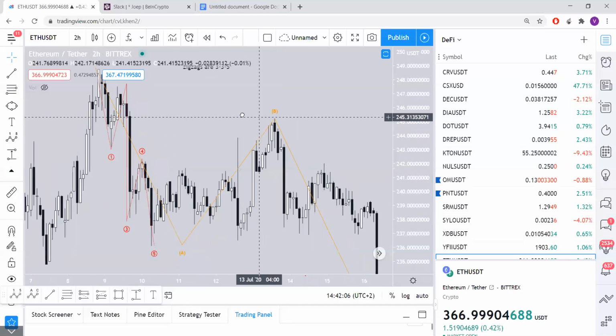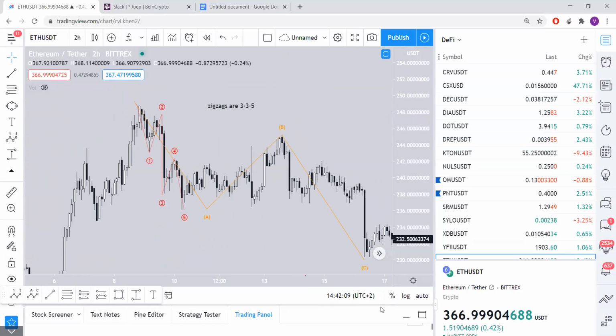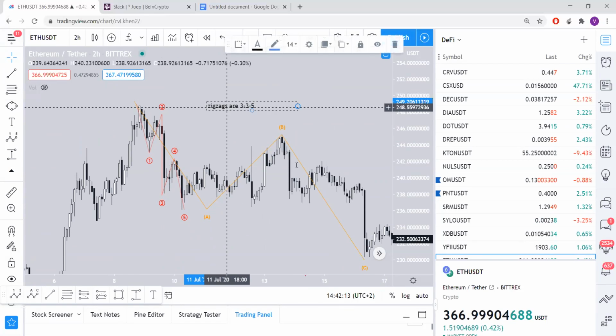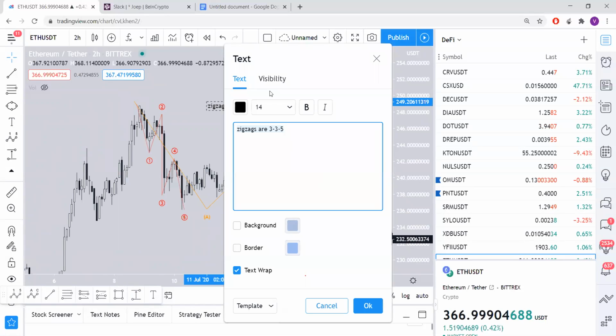Nice. So this is a zigzag because, just to recap, in flats, wave A is,